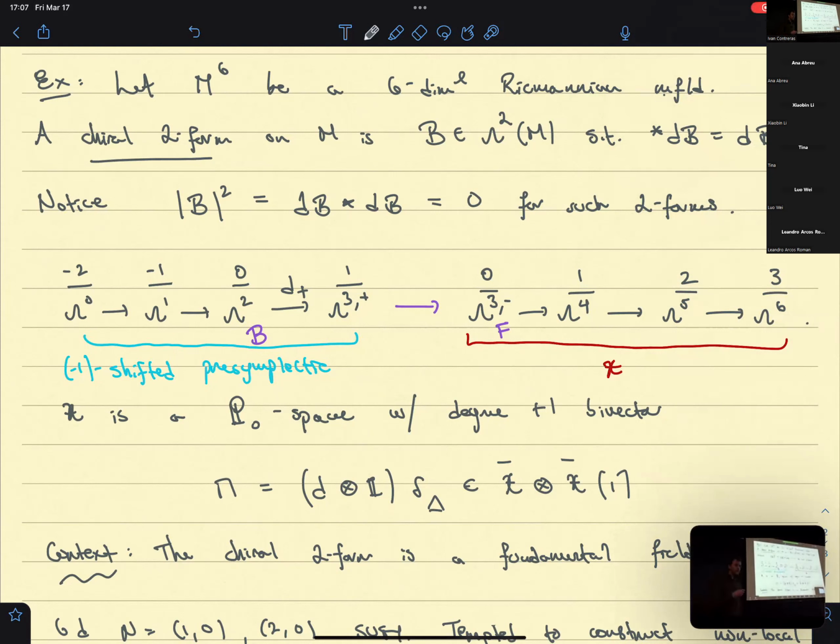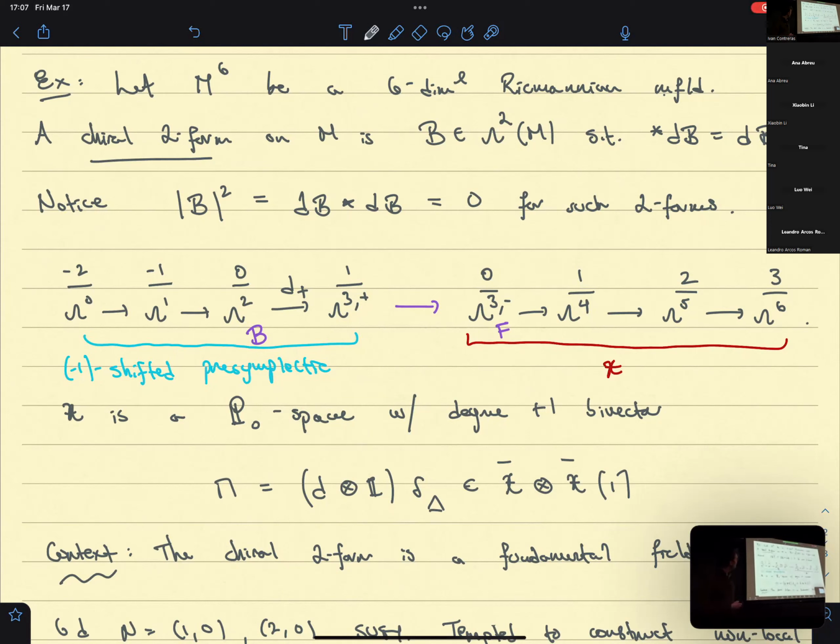So chiral does not refer to any complex structure here. It refers to the condition that the two form satisfy this equation right here. So in other words, the curvature of this two form B is self-dual. And notice that if I were to attempt to write down a standard looking action functional that you see in Yang-Mills theory, you're going to fail